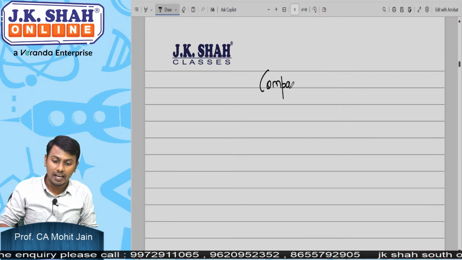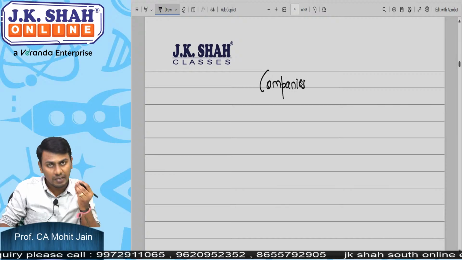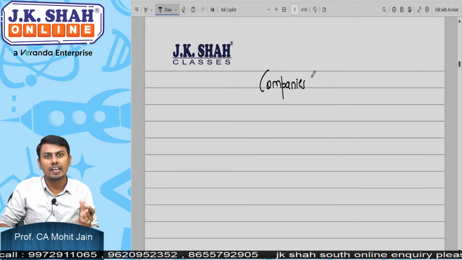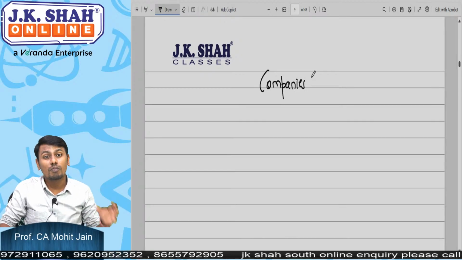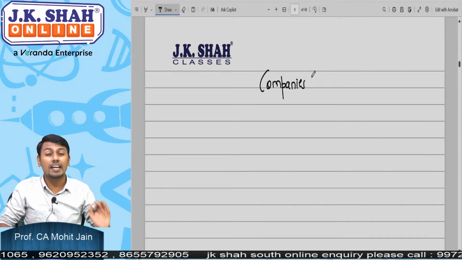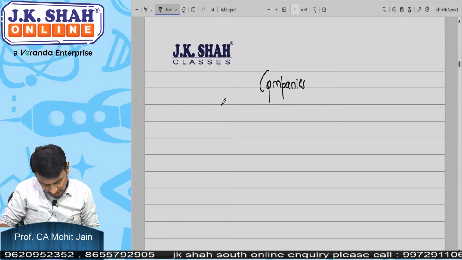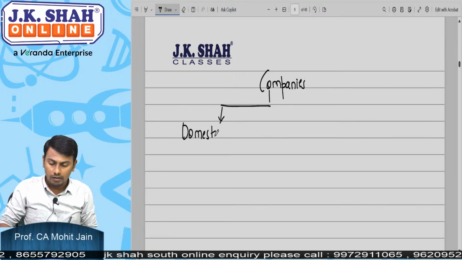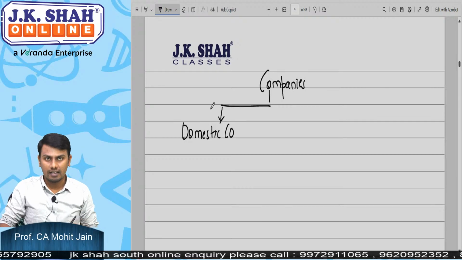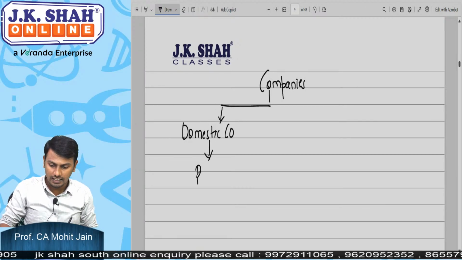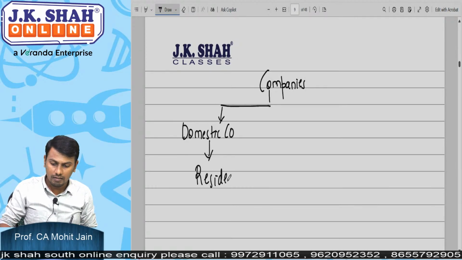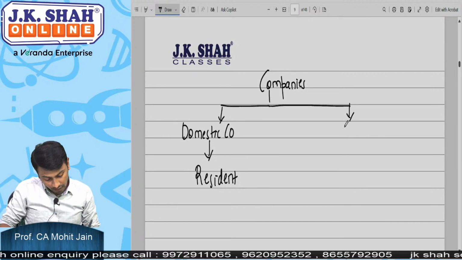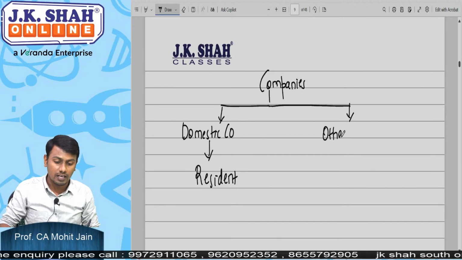Again, people, at inter level the discussion of companies is very minimal. When you come to finals, companies alone will be discussed for 7-8 hours. We'll have to learn so much in detail. At inter level, it's very easy. See here, if it is a domestic company, meaning an Indian company, then it is always resident. Indian companies are always what? Resident. However, if it is other than a domestic company,